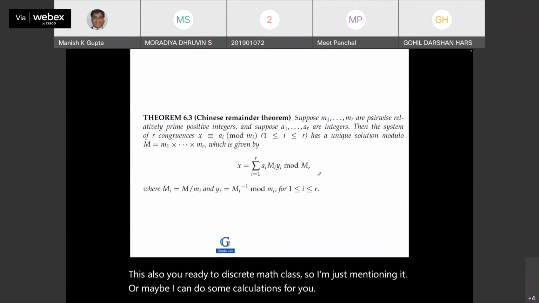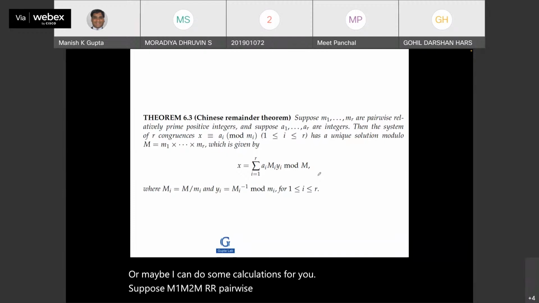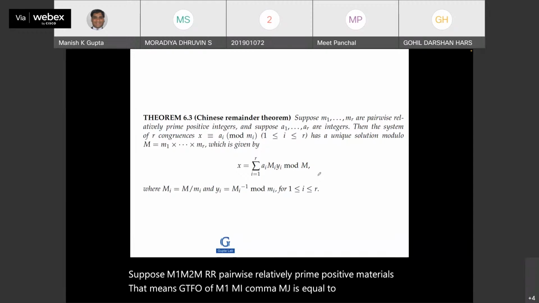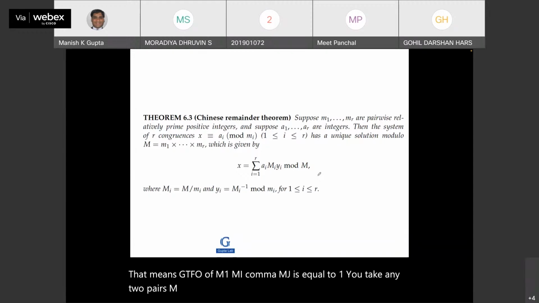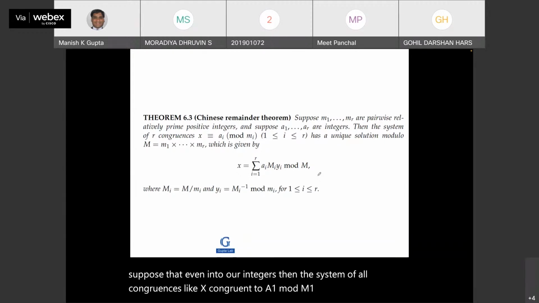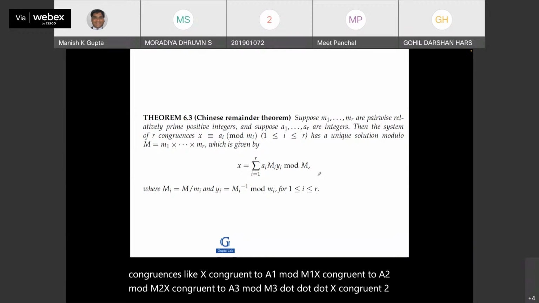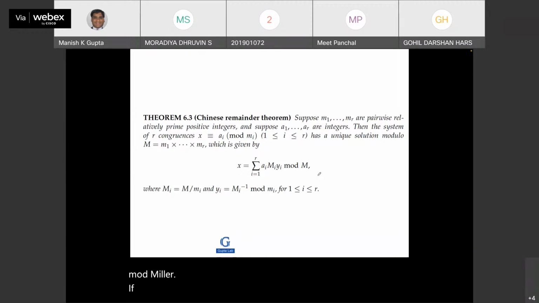Suppose m1, m2, ..., mr are pairwise relatively prime positive integers. That means GCD of mi, mj is equal to 1. You take any two of them, mi or mj, and their GCD will be 1. And suppose that a1, a2, ..., ar are integers. Then the system of r congruences x congruent to a1 mod m1, x congruent to a2 mod m2, x congruent to a3 mod m3, and so on, x congruent to ar mod mr, if these equations are given to you, then this has a unique solution modulo